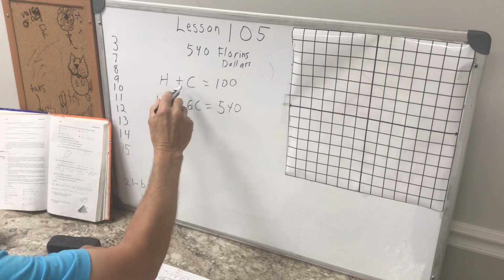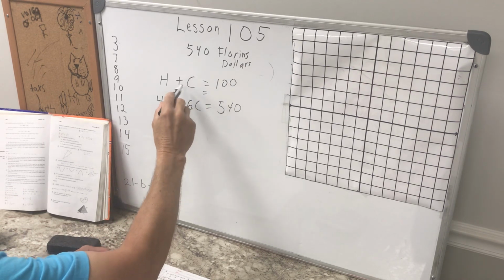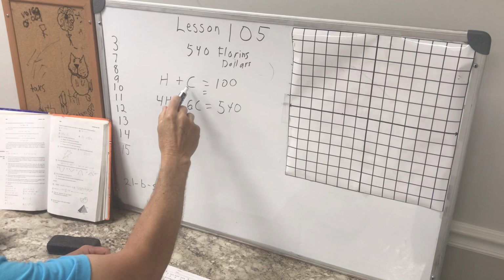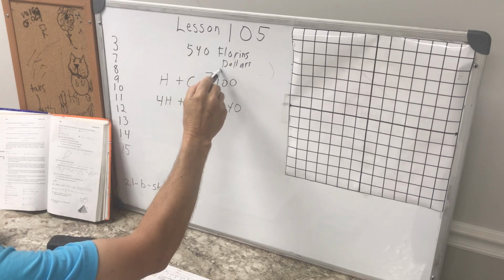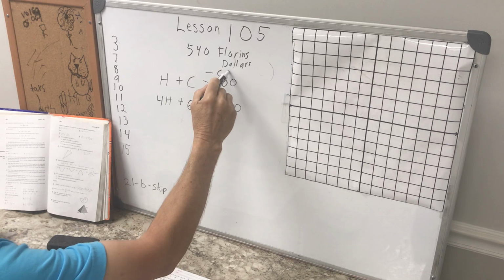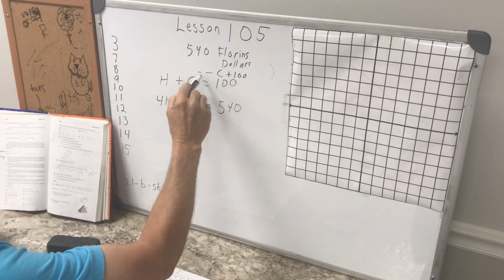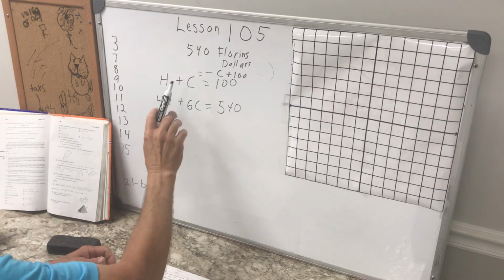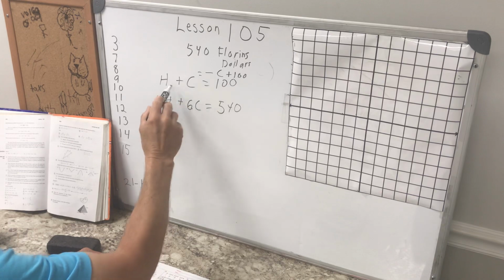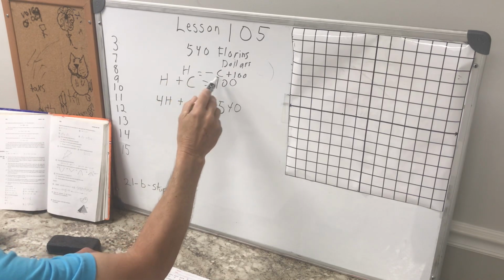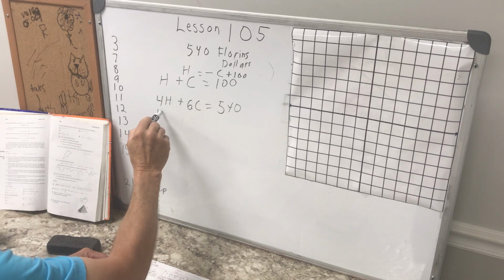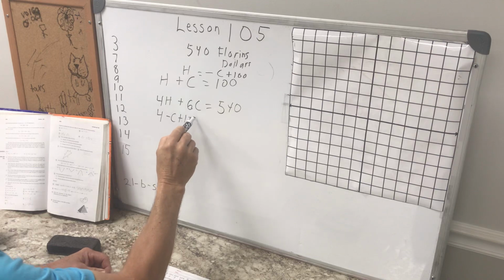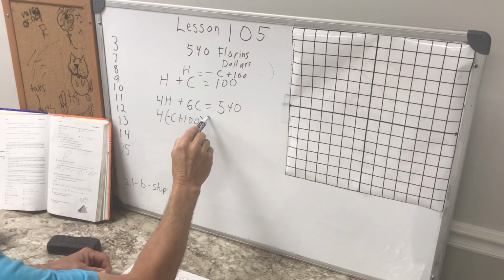To get something to work with for the distributive property, we will change the positive C over to a negative C plus 100. In other words, take the C, put it on the other side, and it becomes a negative C. So now we have H equals negative C plus 100. And I'll substitute here: negative C plus 100, plus